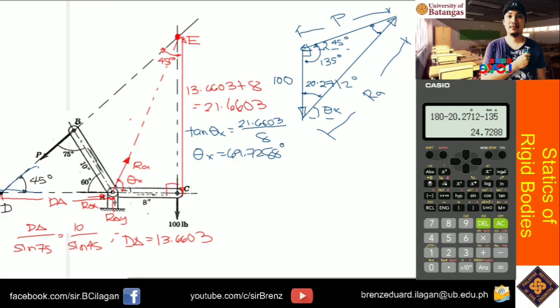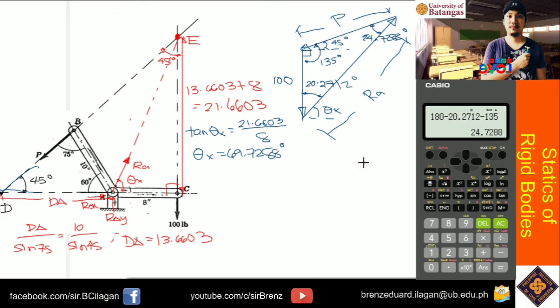Or that is 24.7288. Okay, so ayun. Medyo nakakalito lang or medyo maghahanap-hanap ka pa ng mga values ng internal angle, yung mga missing side. But kung mapapansin nyo, ano na lang sunod na gagawin natin dito kung nabuo mo na tong forced triangle na